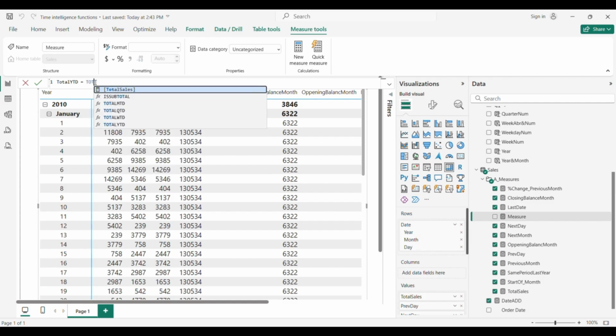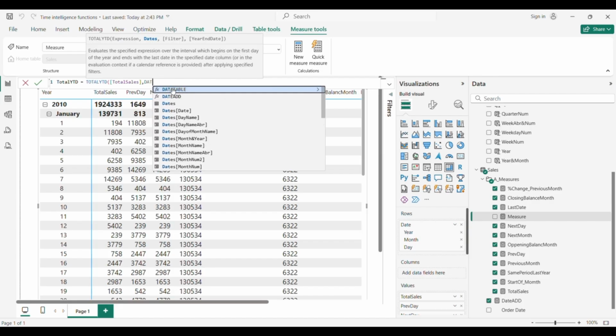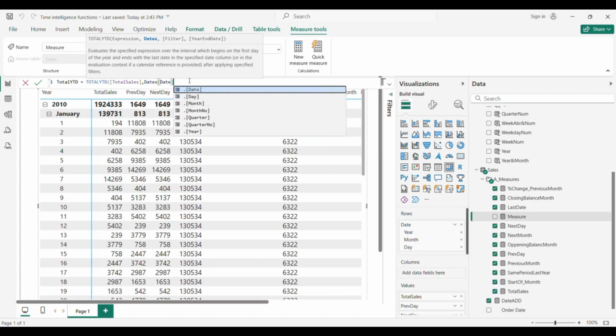And we just apply the formula total year-to-date, it's here, and we say total sales as an expression, and then we just need to add our dates, date column, and if we have filters or year-end date we can apply it.